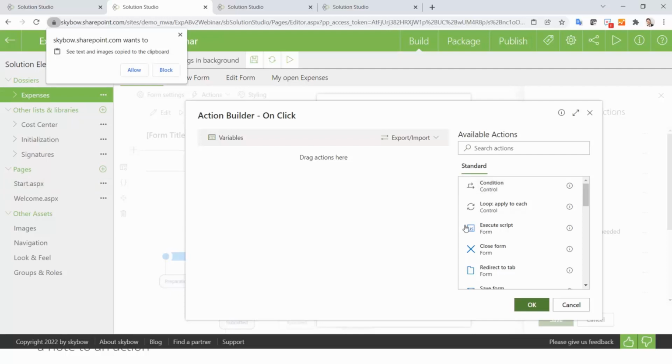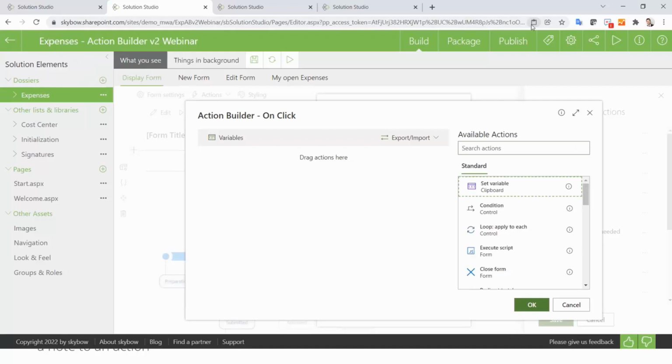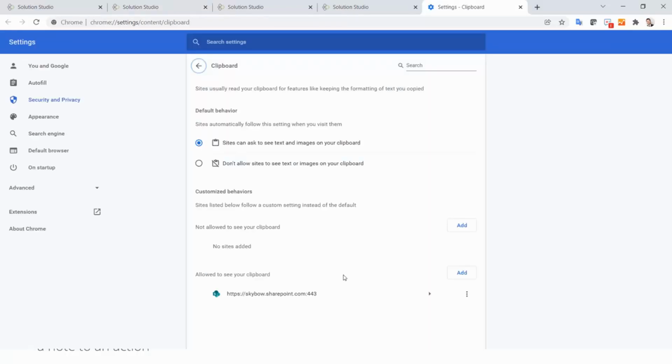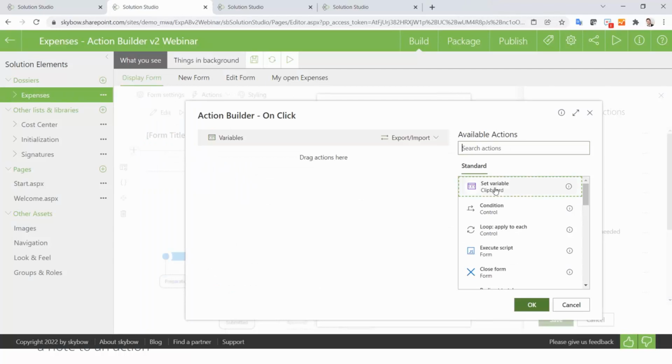You can use it in the same action builder, but not in another place. But if you say allow, that's only this one. You can always remove it, like I did before. You will see it here on the top. This one is continue allowing. If you don't want to have that in the future, you simply go to manage and you remove the URL you just allowed. But it's really nice if you allow it, because then you see now here I have the